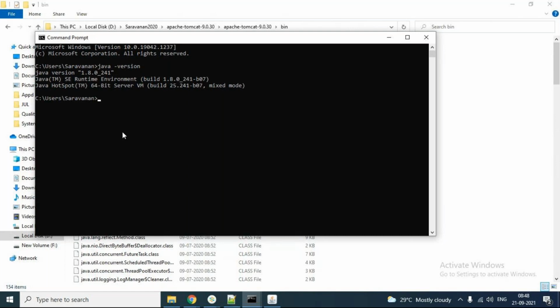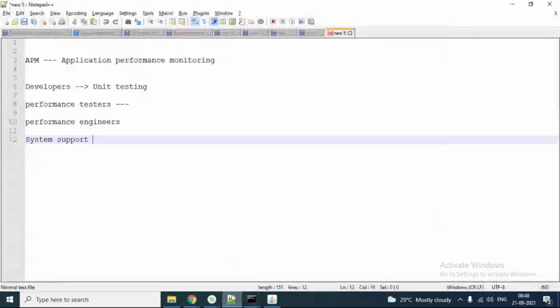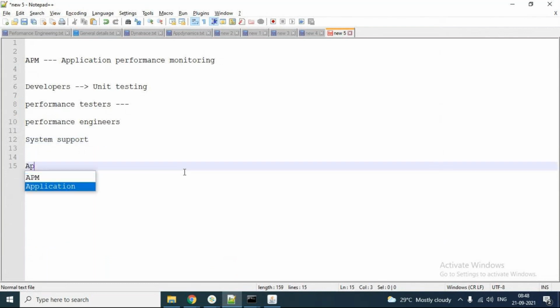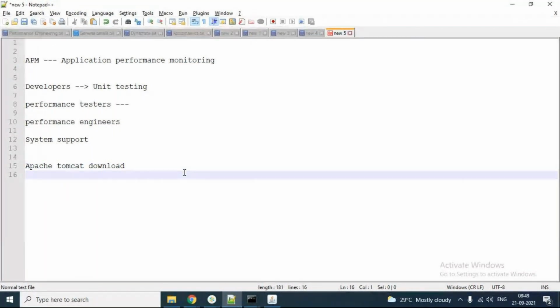It is Oracle JDK that you have to download and install.